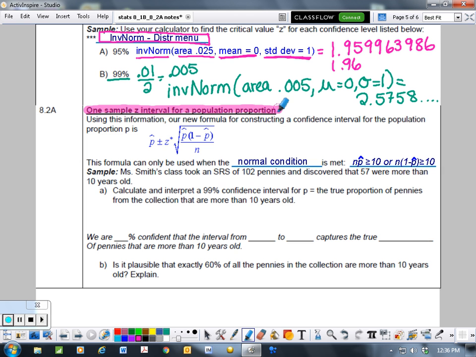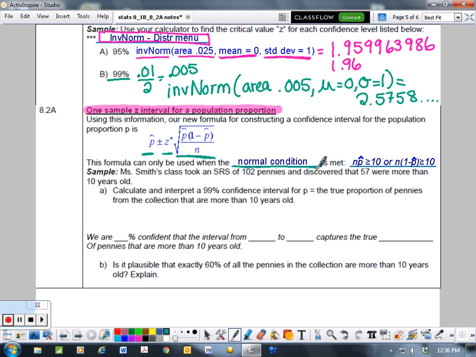So here's our formula for the confidence interval. We're going to take our p hat, we're going to add and subtract, that's how we get the number above and below that p hat, the z star, so our critical value, times that standard error, standard deviation of the sample. So again, this only works when we meet the normal condition and when we have an independent and a